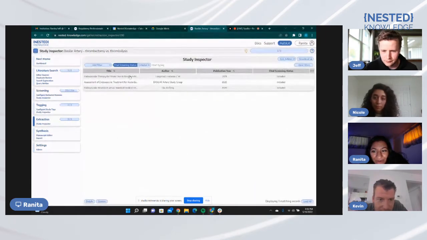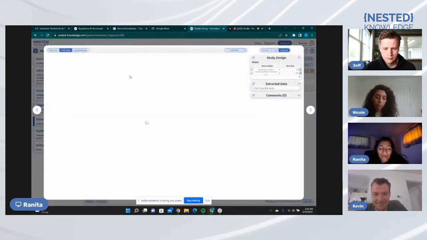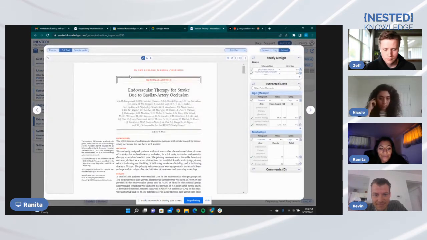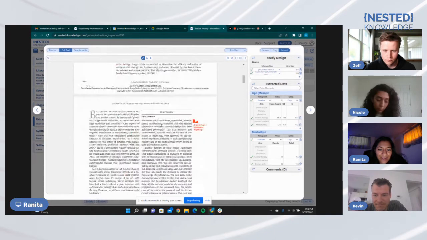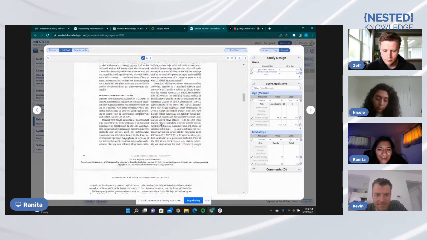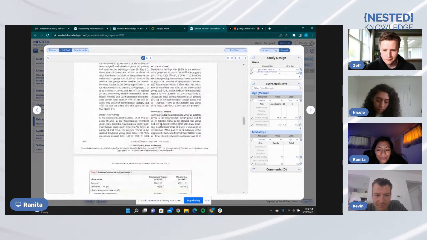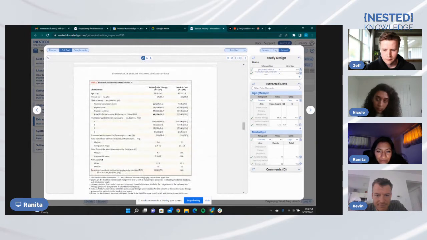So once we've gone in and done that configuration, we've really done a lot of the design already. So, your research design is really off the table at that point. Now, really all we have to do is go in and actually do this for a study. And so you can see here for this study, we were able to go in, and how I like to do extraction for any studies is to really scroll to the first table. And so if I wanted to report endovascular therapy, I can say,